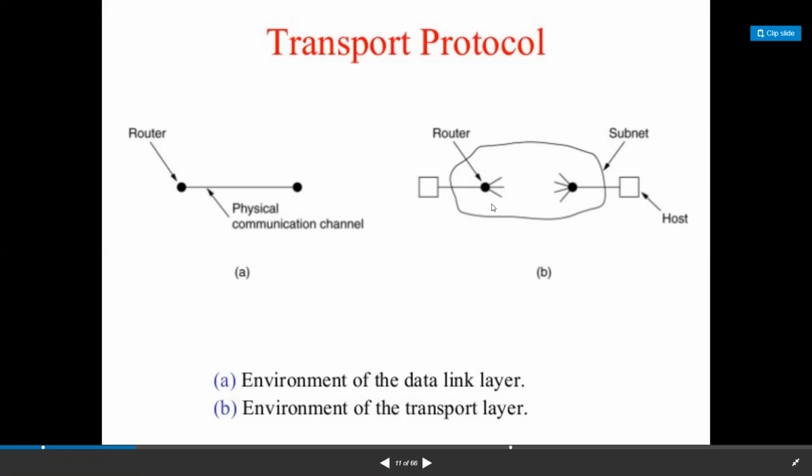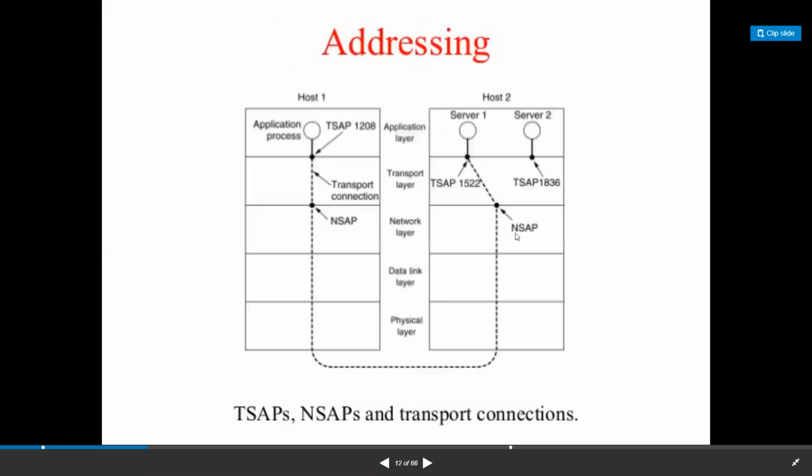For the transport layer environment, this is the subnet. In the subnet, we have some routers. These routers are connected physically or wirelessly. Okay, this is the transport protocol.